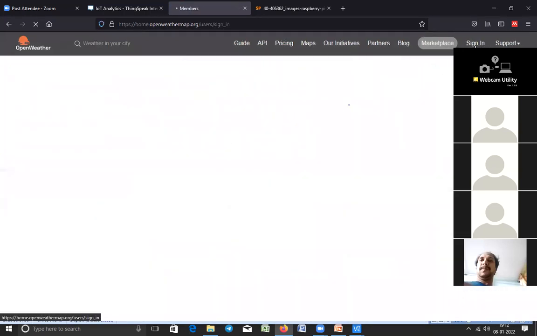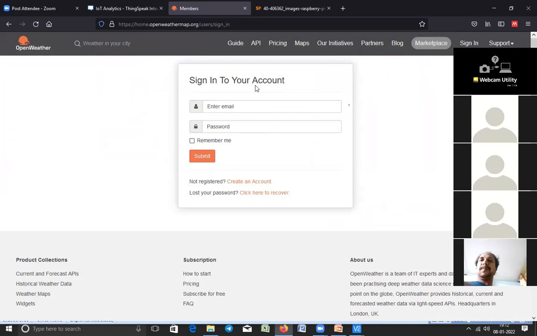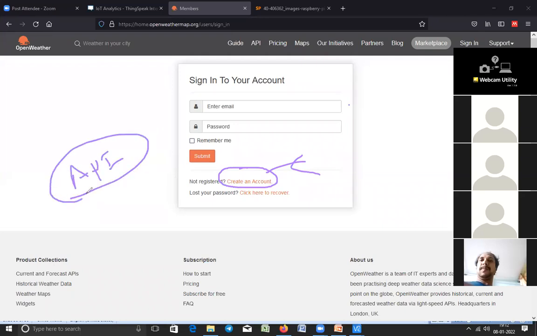Okay, so this is a sign in where you have to sign into your account. And if you don't have an account, you have to create an account. So to create an account, click here to create an account and fill all the necessary details and submit. Then you will get your account ready. But it will take some time for making ready your APIs. Okay, so APIs are not active once you create account. It will take a couple of minutes for activation of APIs. Okay, so for time being, you can use my API, or you can work later also.